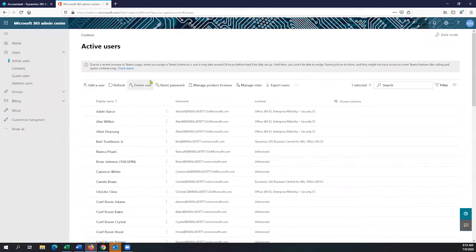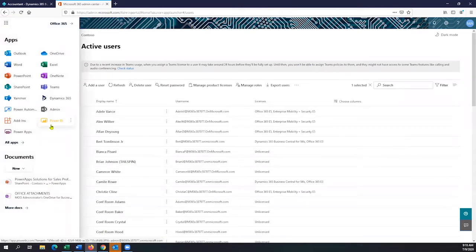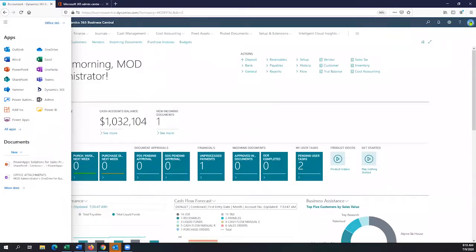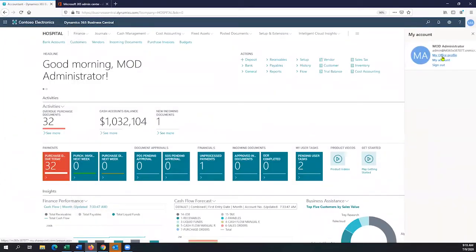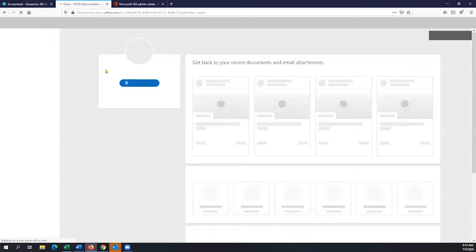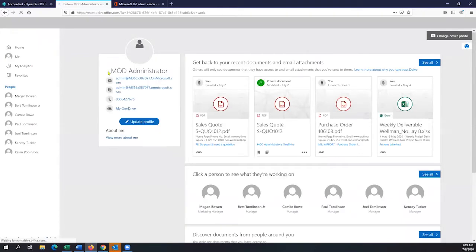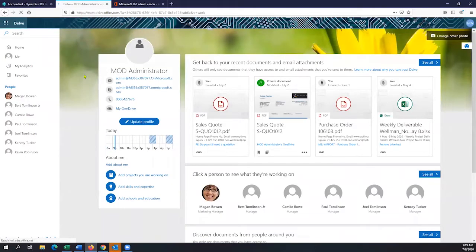Okay, so this is basically the administration center where we're going to be managing all our applications, including Business Central access. Coming back to Business Central, here I have access to review my profile. And if you can see here, I have my Office profile. Just to be clear and show what I'm explaining here, I'm going to go back then to explain what happens with Navision, because with Navision as well you can actually connect